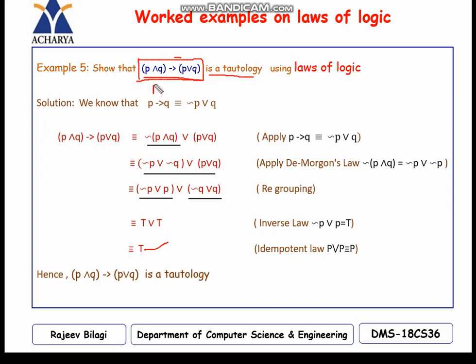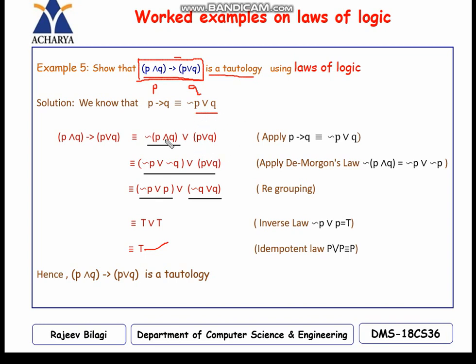If I write this as P and this as Q, then P → Q is equivalent to ¬P ∨ Q. One of the rules says that P → Q is logically equivalent to the negation of P or Q.